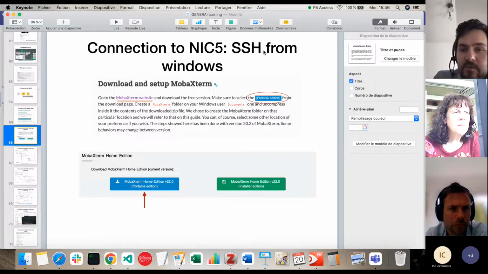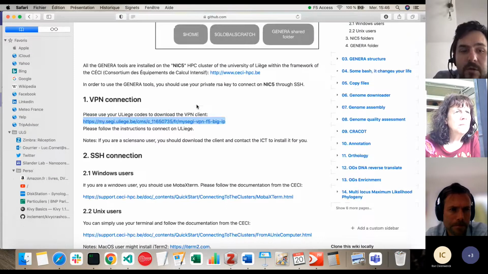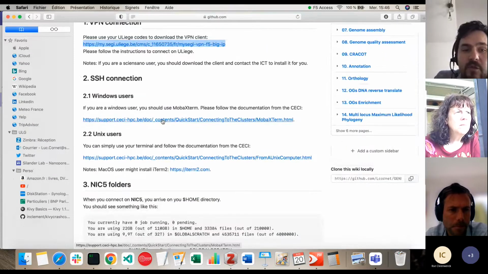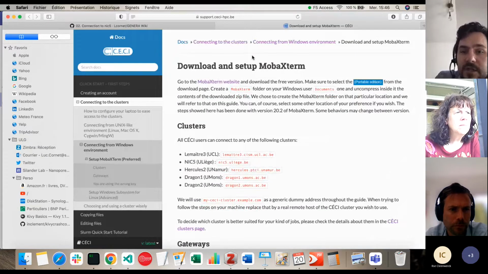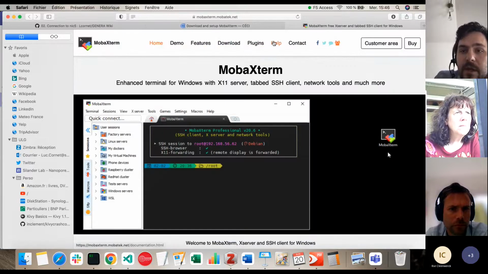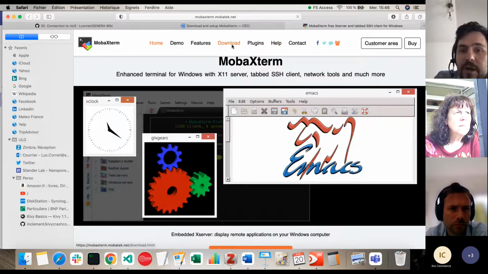For the SSH, you have 2 possibilities. You are from Windows, I think it's the case for most of you, or you are on Mac. We'll see the Mac at the end. So for this SSH, again, you can go on SSH connection from Windows user, and you will arrive on the documentation of the CC. Here you have a link to go to MobaXterm, and you have to go to download part,